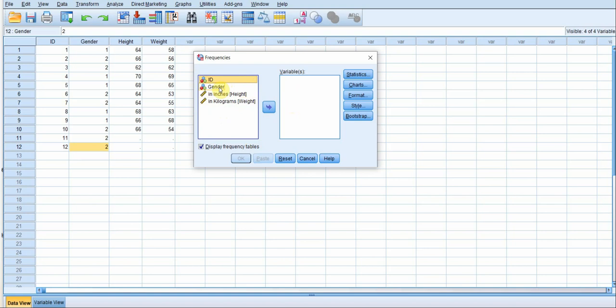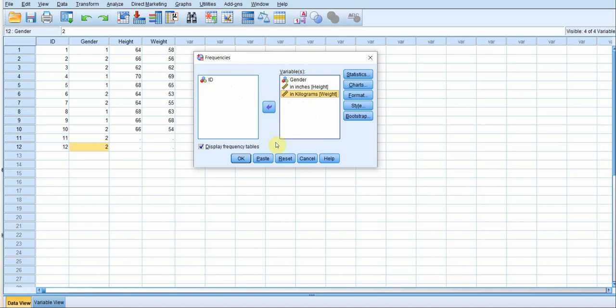So one way is just selecting that and clicking this small blue arrow so that it comes over to this variables box. The other method is you can just drag and drop it here, or you can also double click on this and it will move into the variables box on the right-hand side.